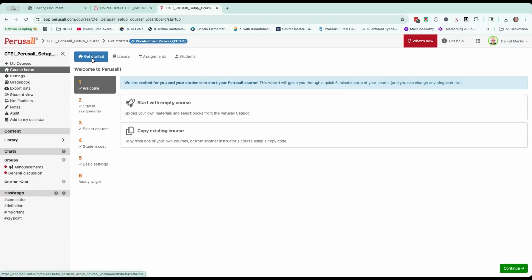When you click the Get Started button, you're going to get these 6 steps in front of you. It really speeds up the process of getting your course set up. And you can see here these are checked off. If this was a brand new course, these would actually be grayed out until you'd gone to each step. But in any case,